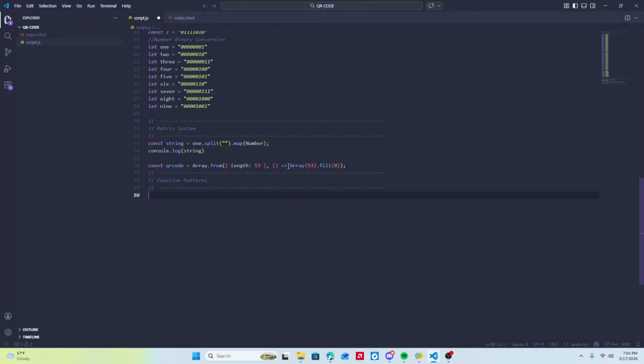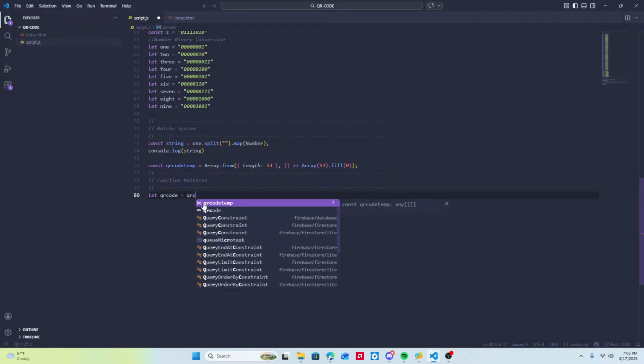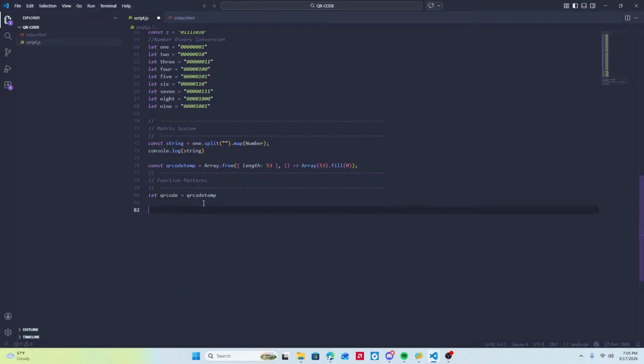Create, so that we're gonna let QR code new equal, actually we're gonna do temp right here, so then temp, and then we're gonna specify this to be let QR code equal QR code temp. So then I can say let, or maybe I can set up a class. So class